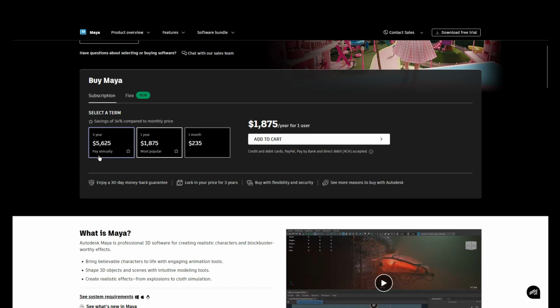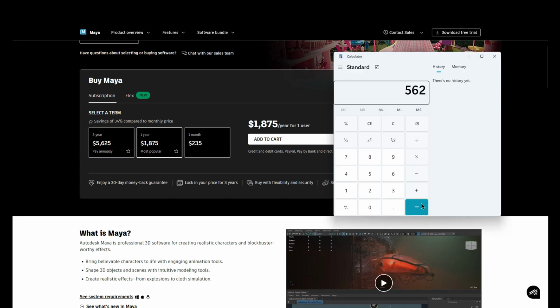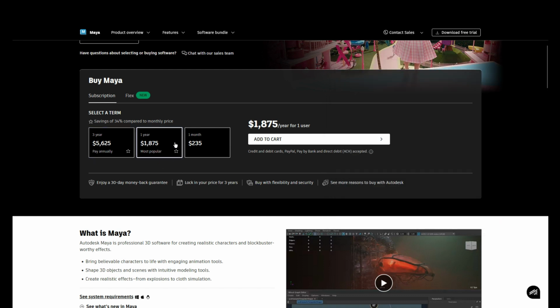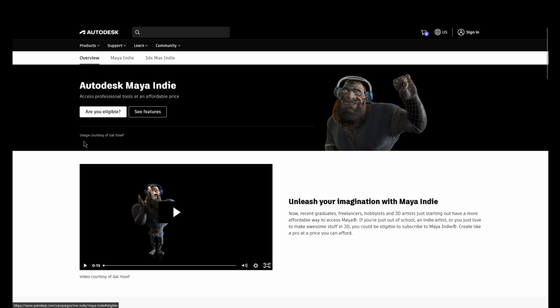$5,625 that you pay annually. So what would that be for 3 years? 5,625 divided by 3, you're paying $1,875, which is right here. I thought that maybe because you bought 3 years, you'd get a better deal, but apparently not. So 1 year is $1,875, and monthly is $235, but what I pay for is the Indie license,